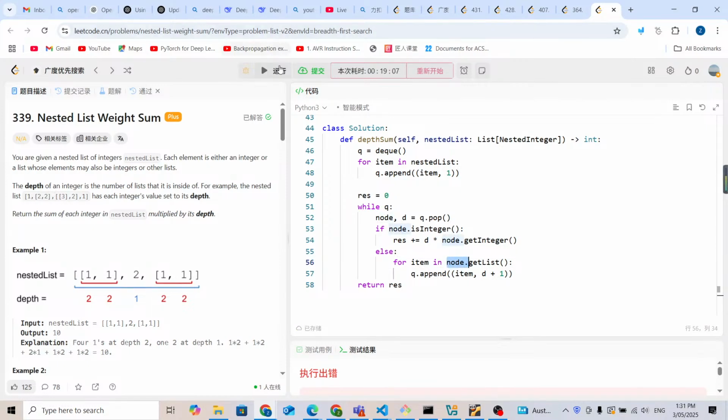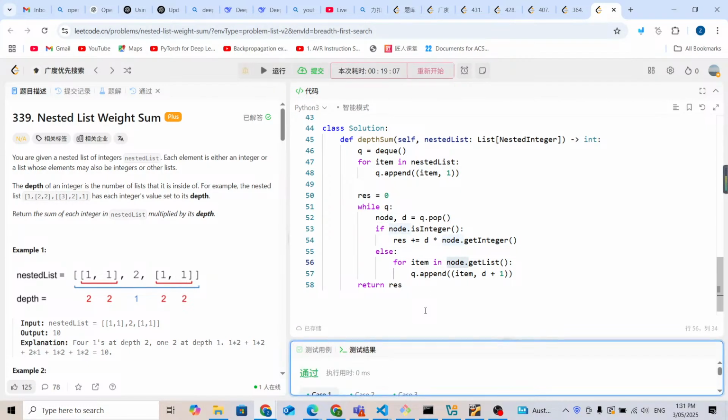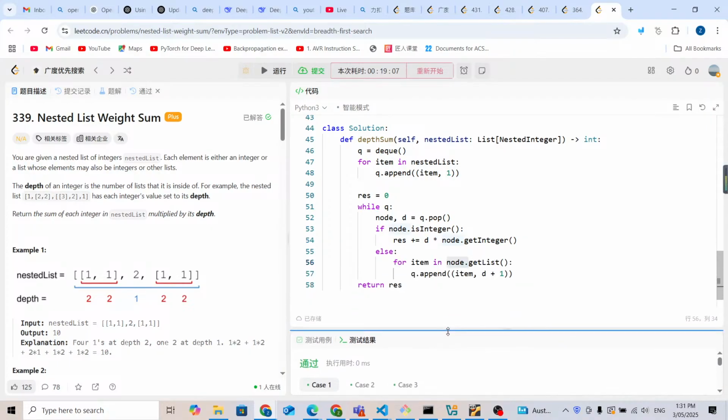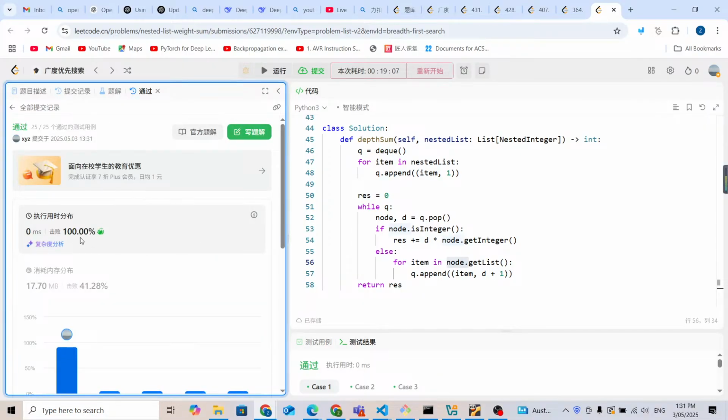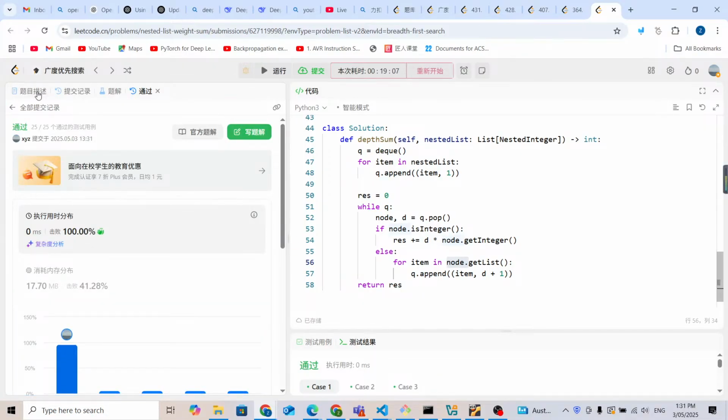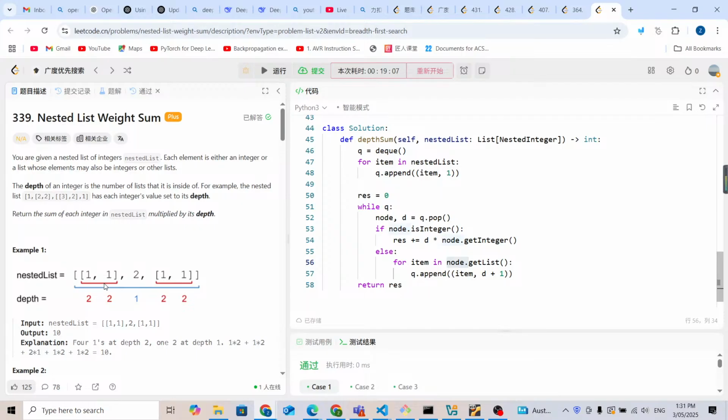Node is a class. Now, as you can see, it works. And now let me just submit it to check if it works. Yeah, as you can see, it works and it's pretty fast because this is just a BFS problem, and the